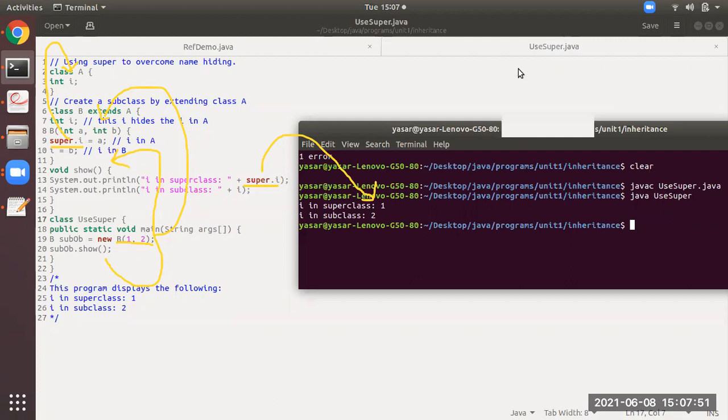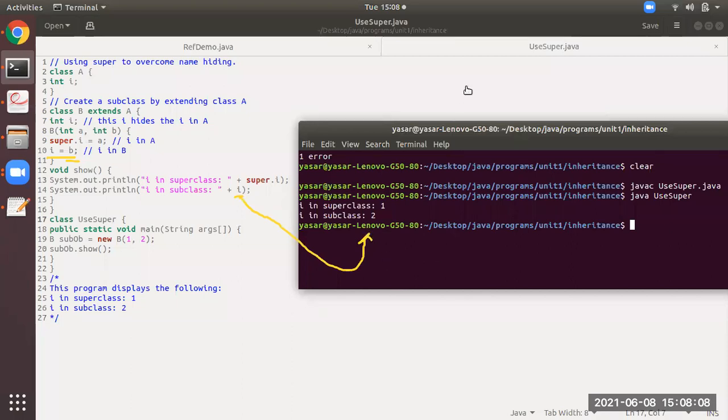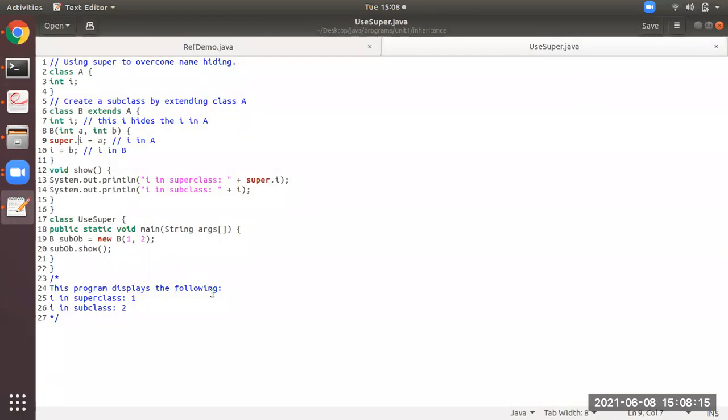But you see at line number 10, I'm clearing this diagram. See here, at 10th line, I is equals to B. Means the variable I of class B is equal to B. That is 2. So you can see I equal to 2. And when it is displaying 2 over here. I hope you all have understood this. Okay. You can test the program also. What you do is you remove this super. It won't display the value of I with A. Okay, till here it is clear now. I hope you all have understood.